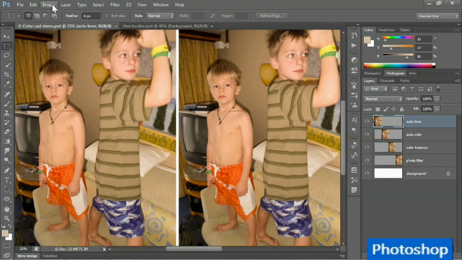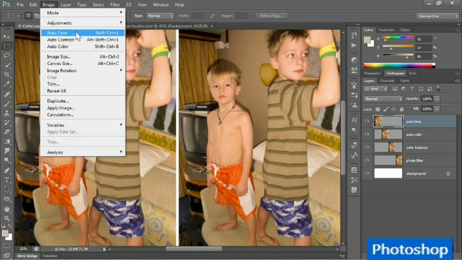We'll start things off by taking a look at the behavior of the auto commands here in the image menu, and those are the commands that I introduced you to in the previous chapter. As you may recall, auto tone and auto color correct the image on a channel-by-channel basis, and as a result, the color cast can't help but be modified, whereas auto contrast affects the composite image, so it's not going to